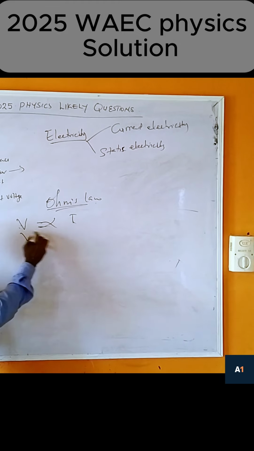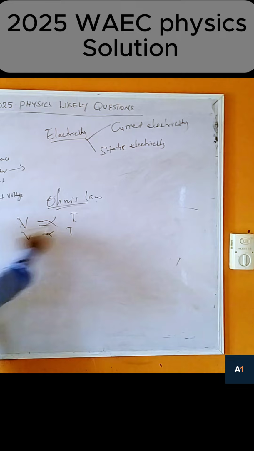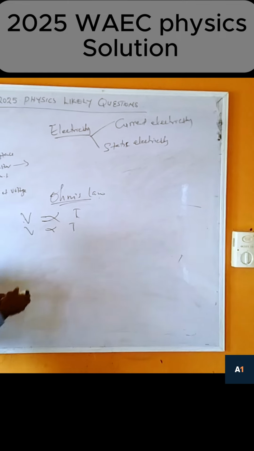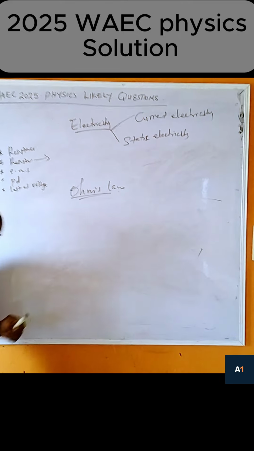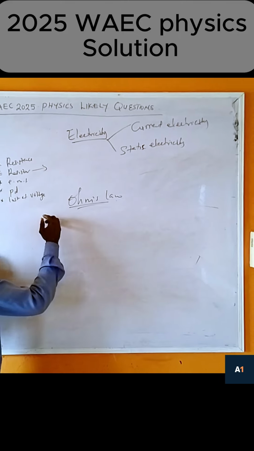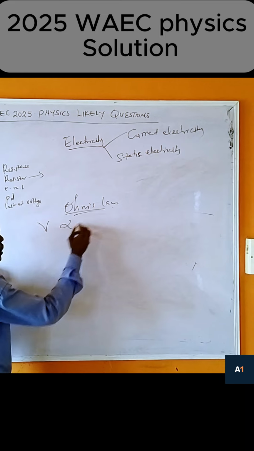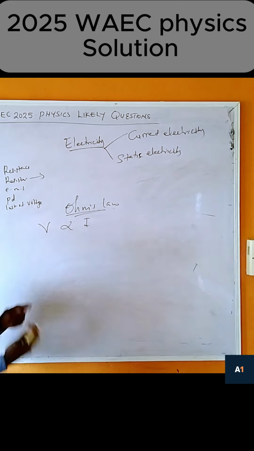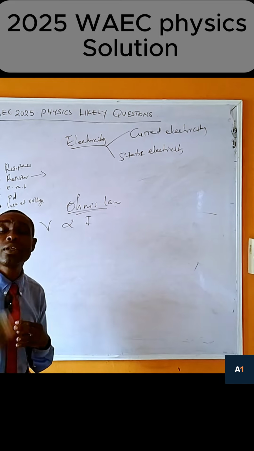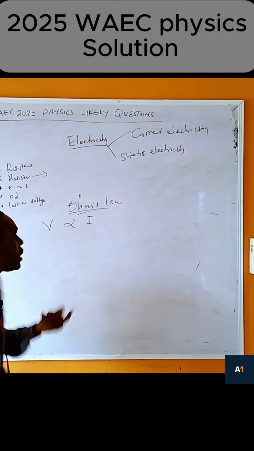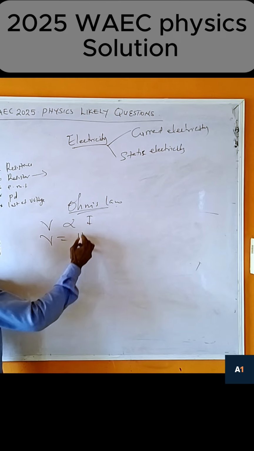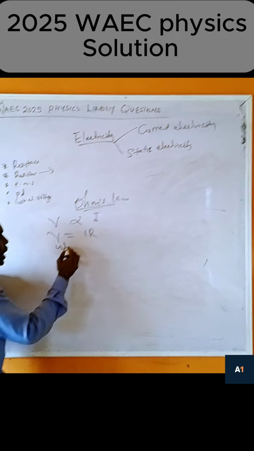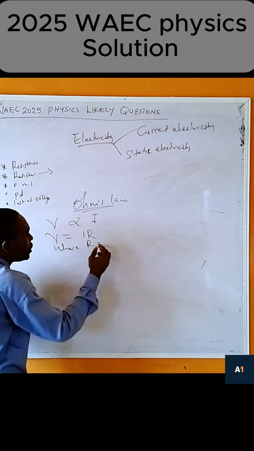The lower the voltage, the lower the current. That is direct proportion. So as a result of that, we are going somewhere. Meaning that if you now have to prove it, you say, since Ohm's law says that voltage is directly proportional to the current, last time I told you that before it can become an equation, there must be a constant. Which means that we now say V is directly proportional to IR, where R is equal to a constant,